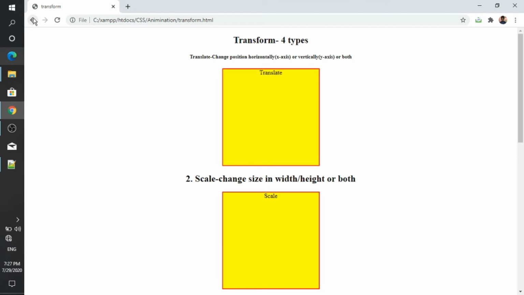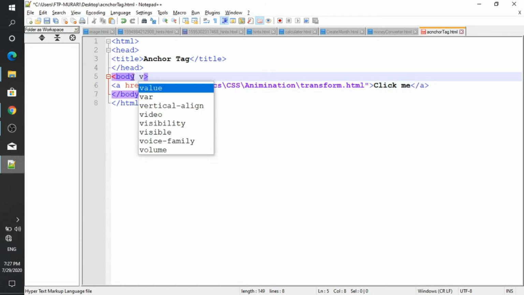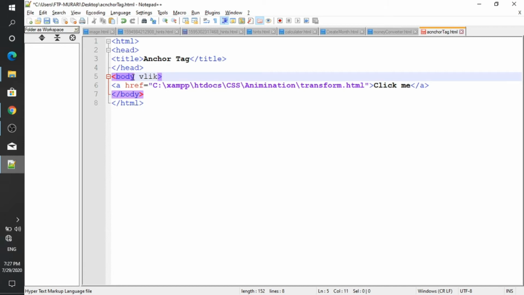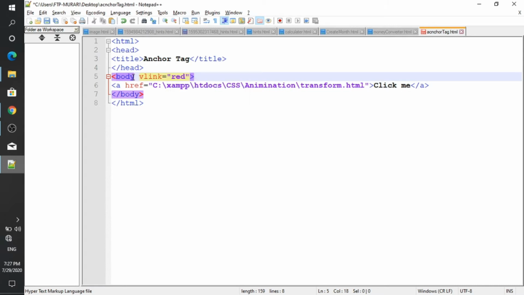Back here. There are various types of attributes. I want to add vlink here. Add some color, I want to add red color.